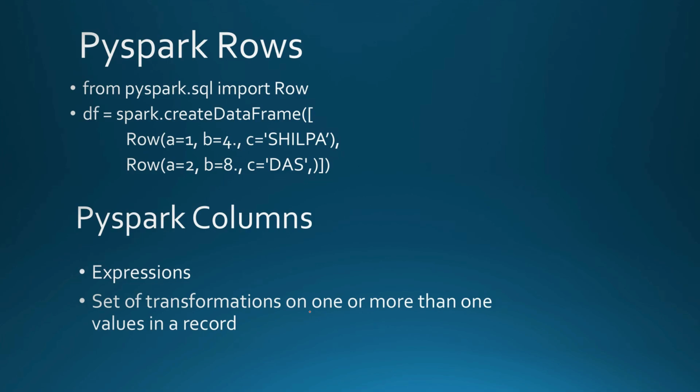This is very important to understand because a column is not like in an Excel file where you just have your column. You can define your expression in it. You can do a lot of transformation in it, and you can get your values as a record in that particular column. So a column is not just data. In it, you can perform a lot of expressions and transformations, and the values you can store as data in the column.